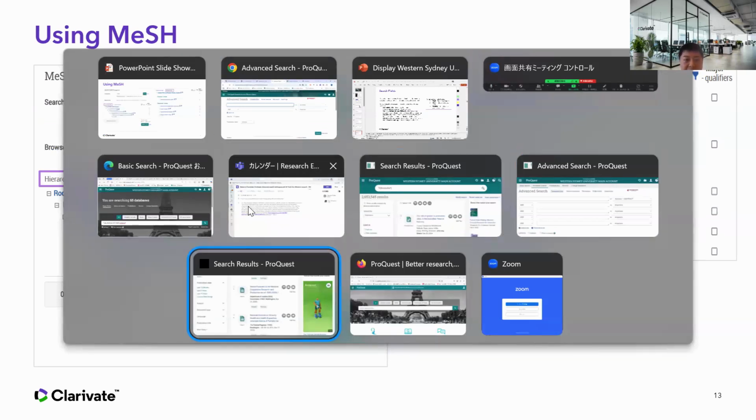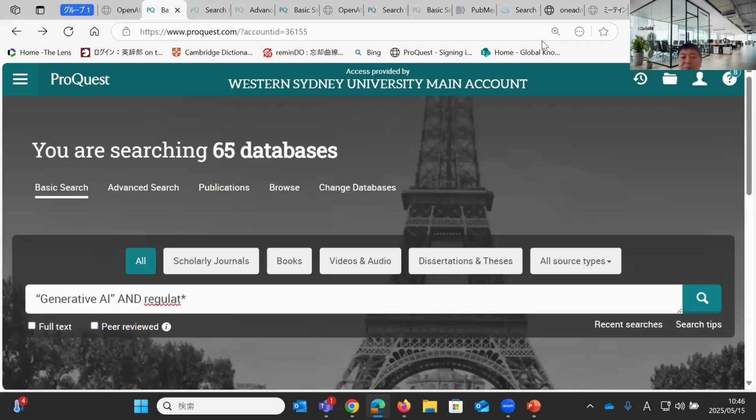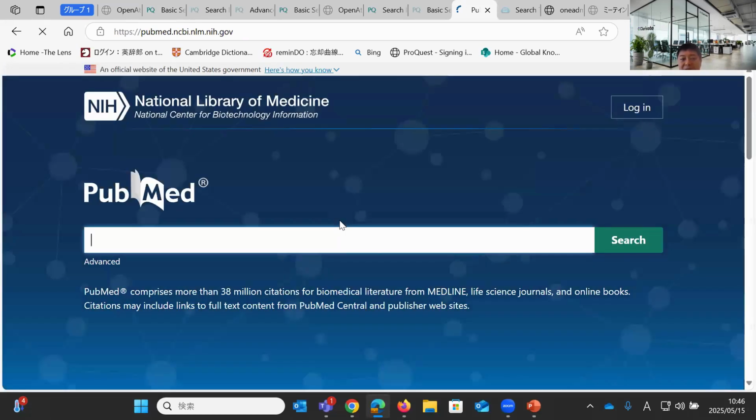If you are life science students or medical students or even psychologists, you probably know PubMed, right? It's one of the most popular databases of medical or life science research, organized by the National Library of Medicine, which is part of the Department of Health in the United States.